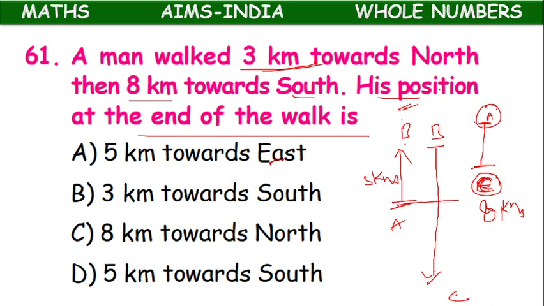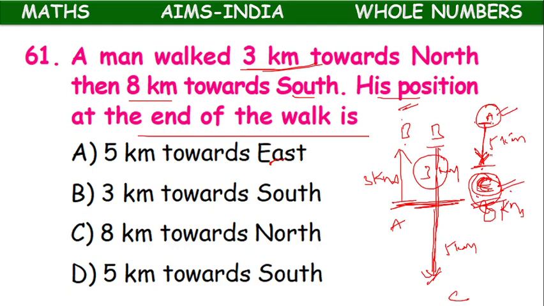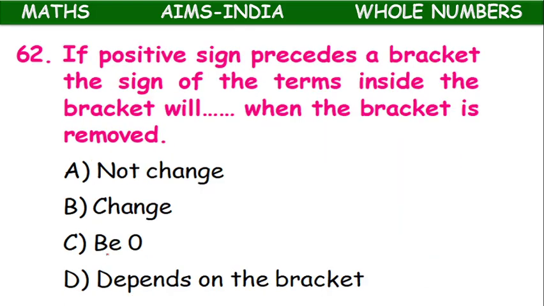Here upwards is 3 kilometers, in B to C, up to A, this part is equal to 3 kilometers. So the remaining part will be equal to 5 kilometers. A to C distance will be 5 kilometers and C is downside compared to A, means C is in the south direction. Downside direction is considered as south direction. So the position of C compared to A is 5 kilometers towards south. Option D is the correct answer. Next.